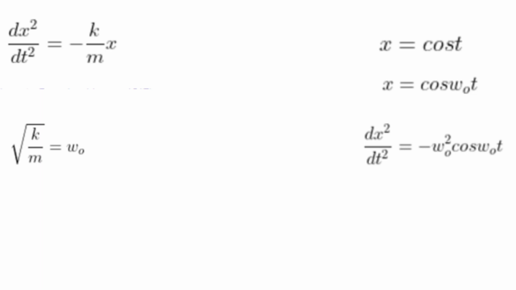We know that the period of oscillation is 2 pi divided by the angular frequency. Then the period of oscillation is 2 pi times the square root of m over